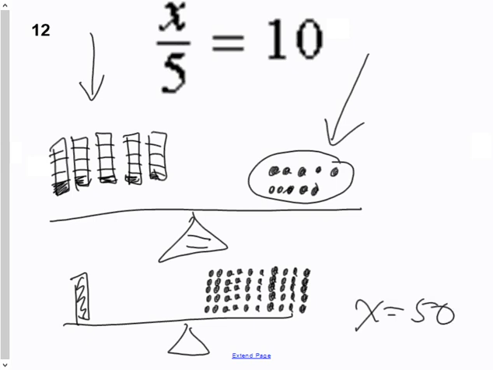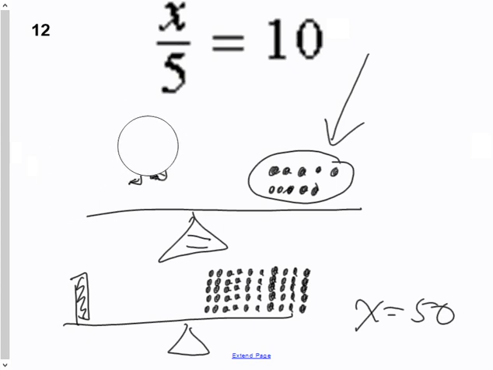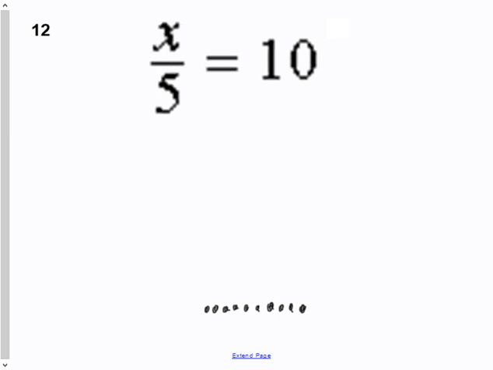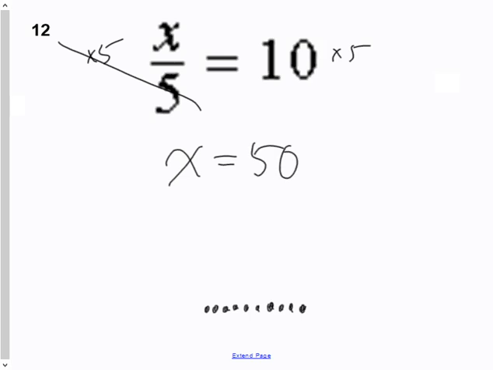That's if you drew it. That's a lot of drawing, so probably nobody would want to draw that, right? So instead of drawing that, here's what we're going to do. The opposite of dividing by 5, I think we talked about it before, is multiplying by 5. So instead of dividing by 5, the opposite is multiplying. So I'm going to multiply that by 5 and multiply that by 5. Those are opposite. It leaves me with x. And 10 multiplied by 5 is 50. And I end up with the same answer I did with drawing it, except it says x equals 50.